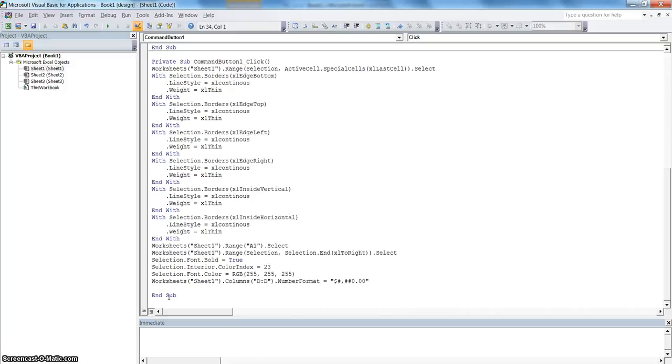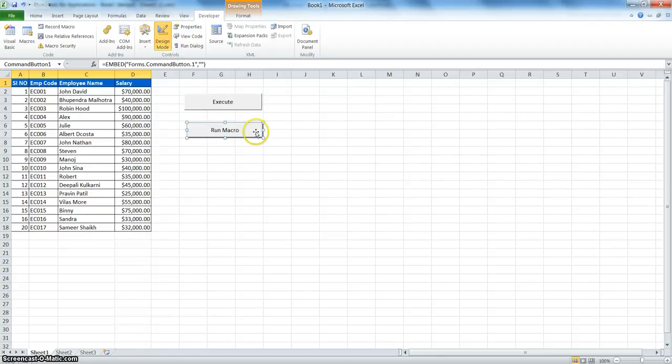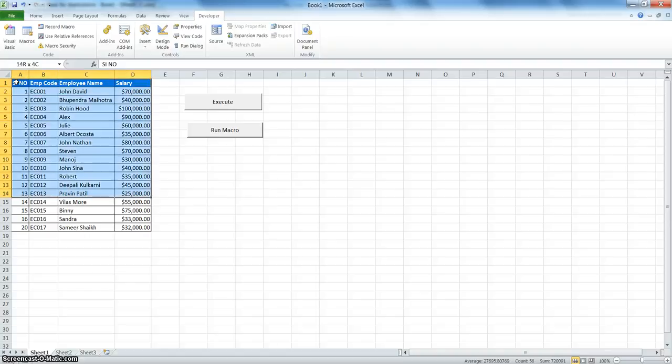To test this, just go back to the Excel workbook. Now you can see it is still in design mode. So to make it executable, just click on the Design Mode tab. Now you can see it is in executable mode. To test it, just unformat the dataset so that we can see the effect.